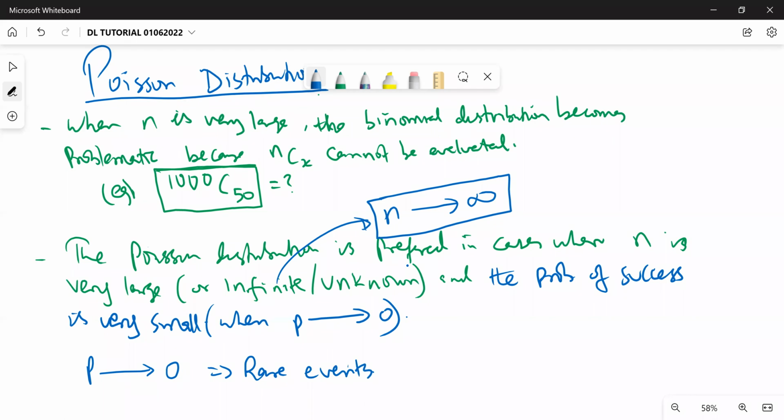Events which do not occur very frequently. For example, for those who are in Kenya, earthquakes in Kenya are a very rare event. Accidents on our roads are also very rare events. If you try to compute the probability of observing an accident on a busy highway, it will be extremely small,